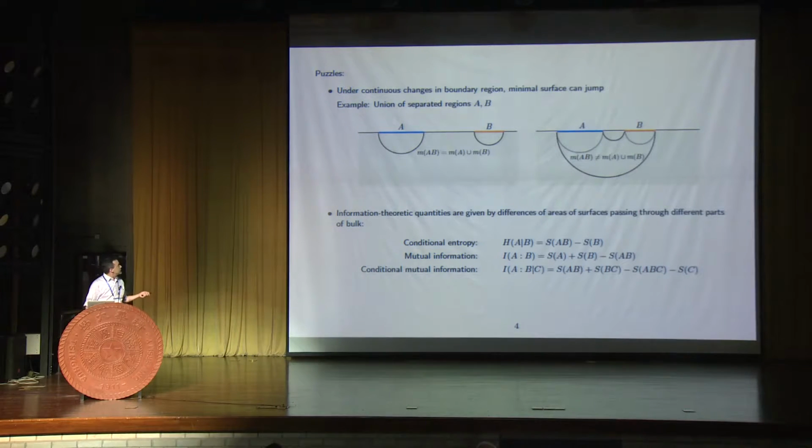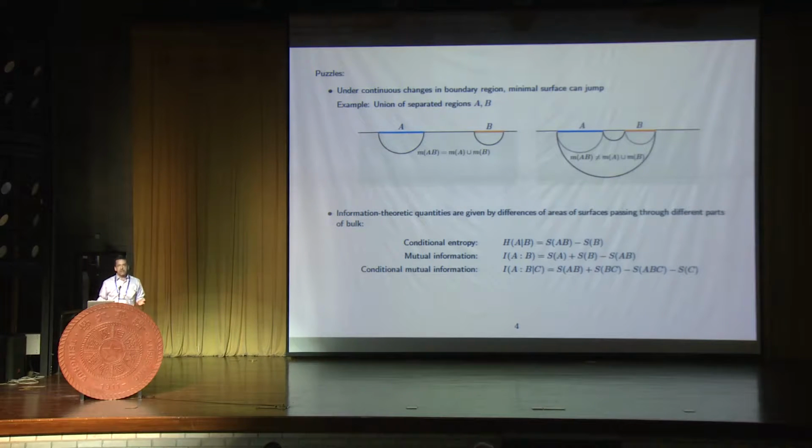So in this example, what I'm computing is the entanglement entropy of the union of two separated regions, A and B, and as I change the separation, the minimal surface will swap from one locally minimal configuration to another. And so that leads to the question, well, if you want to believe that the bits are somehow associated to the minimal surface, were they here or were they here? And in particular, if I actually sit on the phase transition point where these two competing minimal surfaces have equal area, then you would have to answer that question: are they on one surface or the other or both? And that suggests some kind of non-locality in where the bits are.